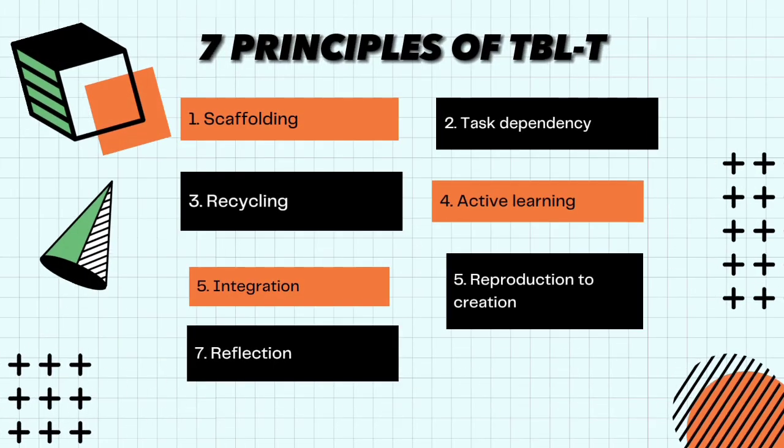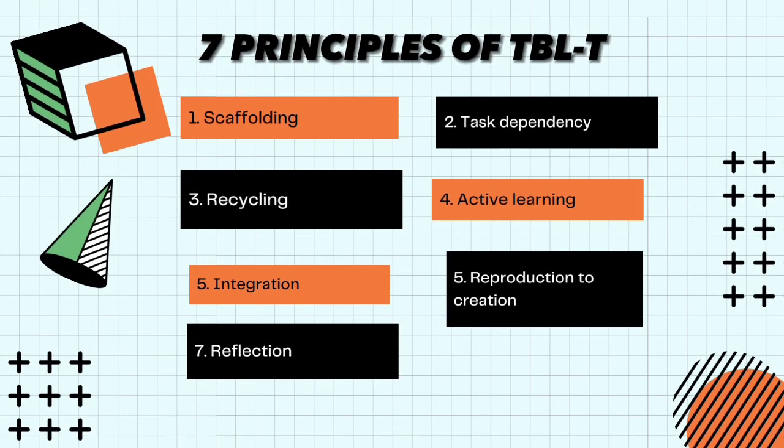Noonan has summarized 7 principles which have to be followed in the frame of task-based language teaching. The first principle is scaffolding, which claims that the chosen lessons and materials have to ensure that learning can take place. Thus, the learners have to be provided the language they need in order to complete the task. Second, task dependency states that each task has to be connected with the one before, as the sequence has to